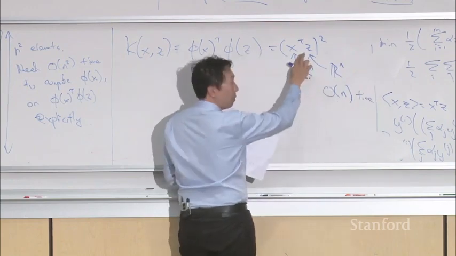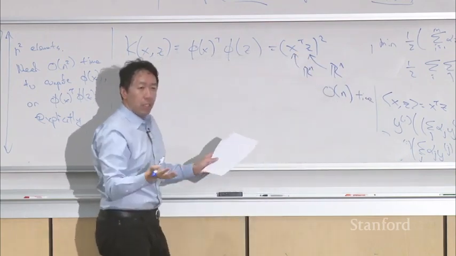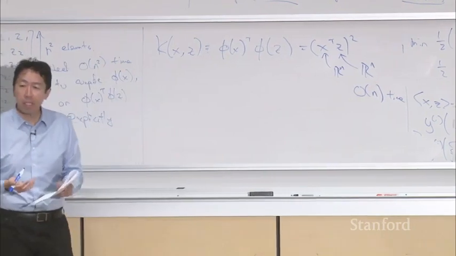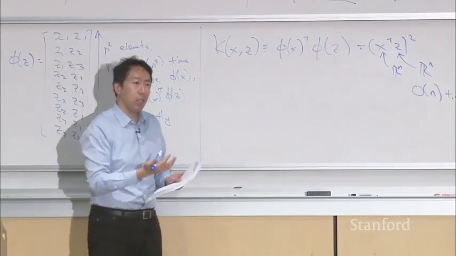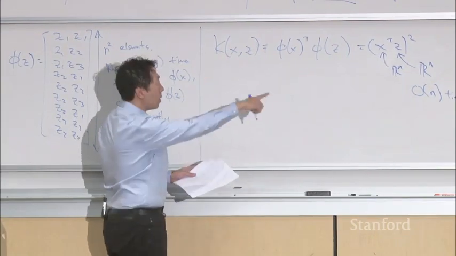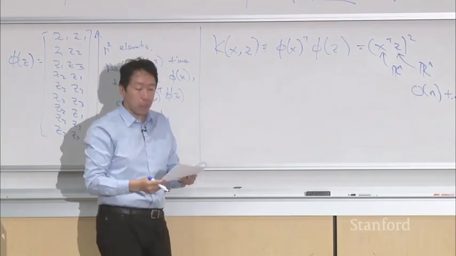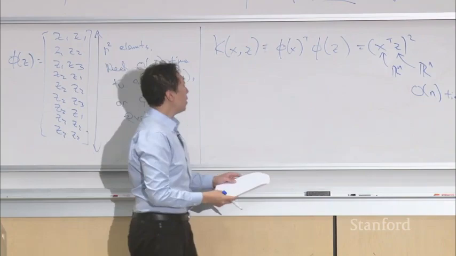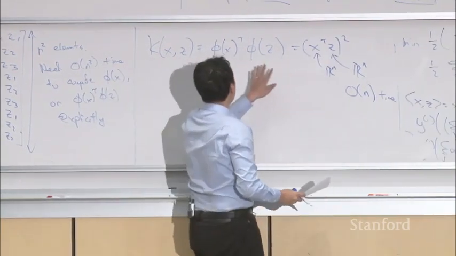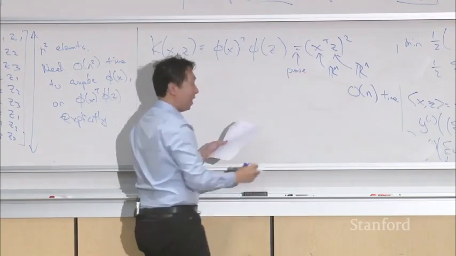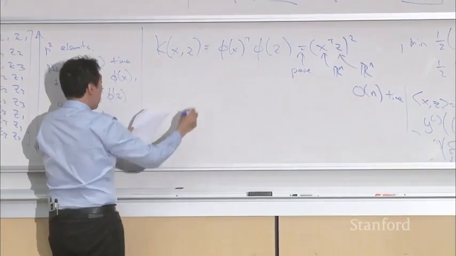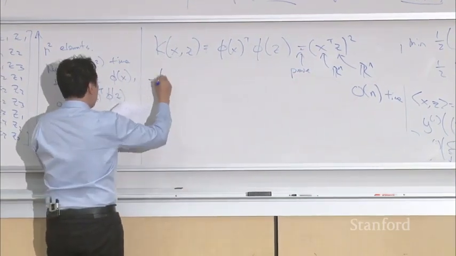Because taking x transpose z, that's just the inner product of two n-dimensional vectors, and then x transpose z is a real number, and you just square that number. So that's an order n time computation. And so let me just prove this step, right? So x transpose z squared, that's equal to